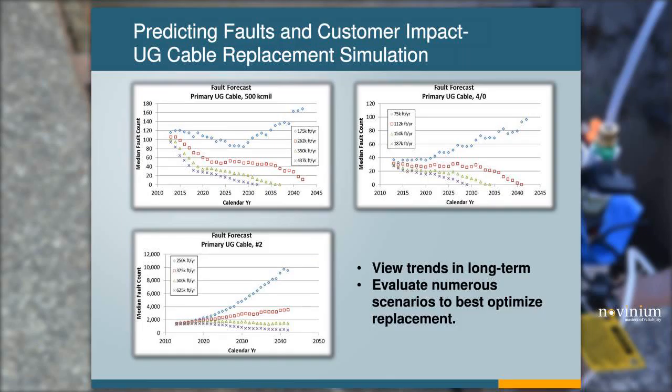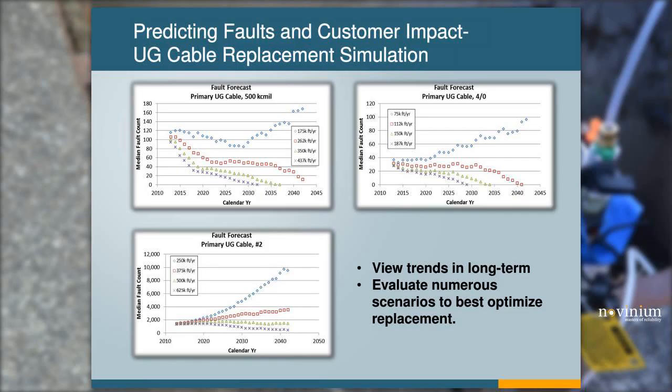And what we look for is again, those long-term trends, and to see how that amount of footage replacement, and I guess I need to add here, this is done for all 30 years. These footage amounts are being replaced for all 30 years.